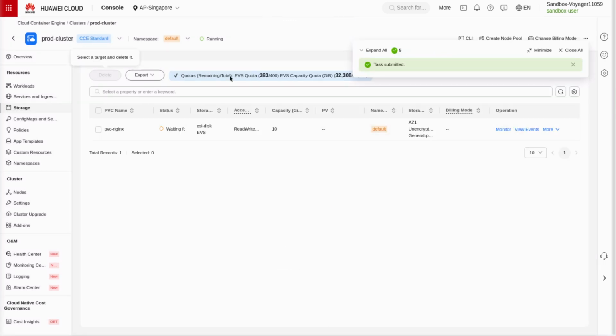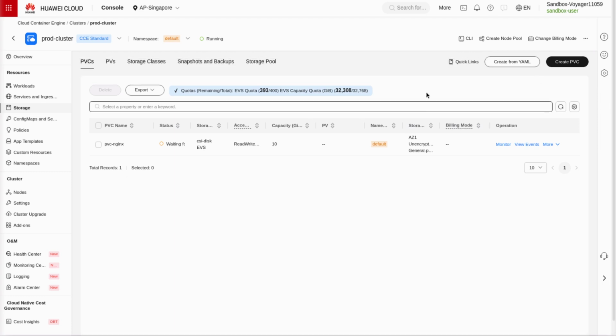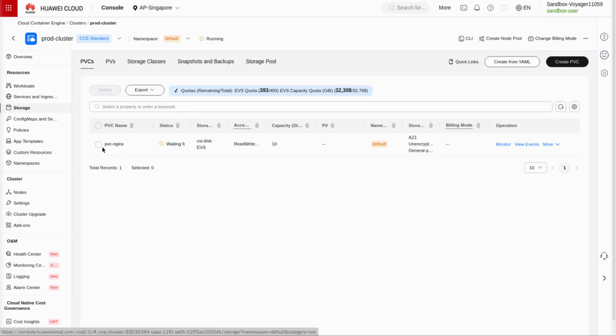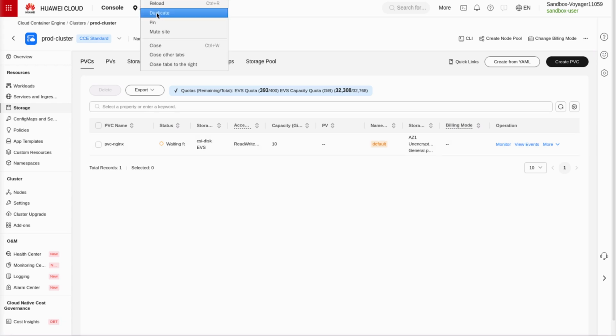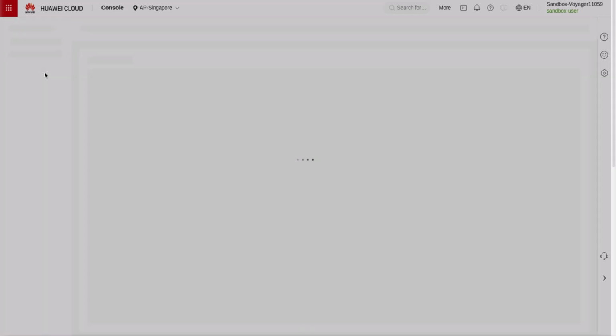Okay, so now we have our PVC created. So now it's waiting for a pod to bind to it. So that's what we will do. We will go to our Nginx pod. Okay, this is PVC Nginx, right? Let me duplicate this tab so that we can go back and try to bind this to our